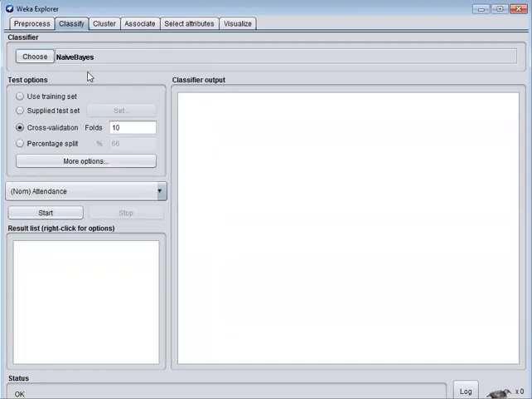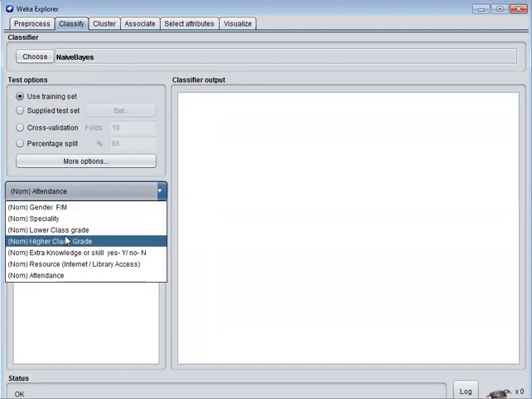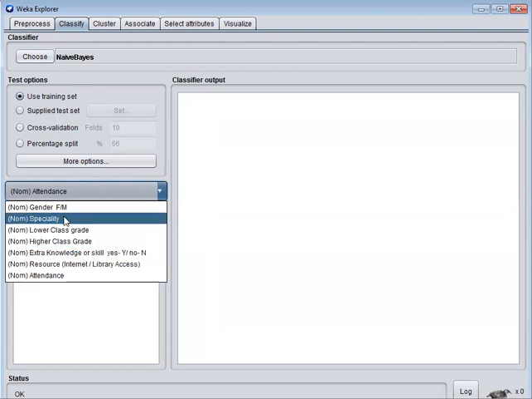So we choose the naive Bayes. Then using the training set, we have to classify the data. So we choose use training set. Then we select the class label. Based on the class label, we have to classify the data set.